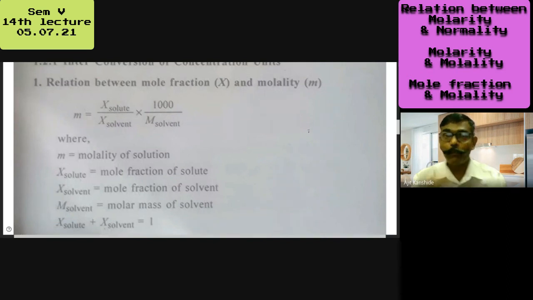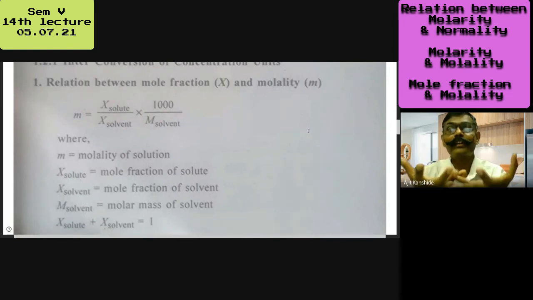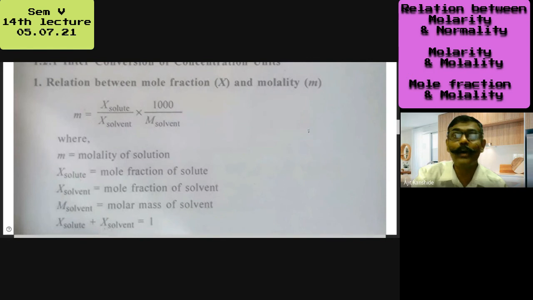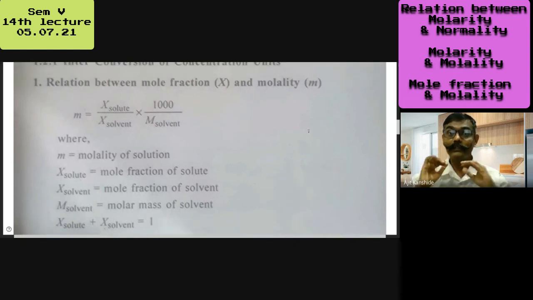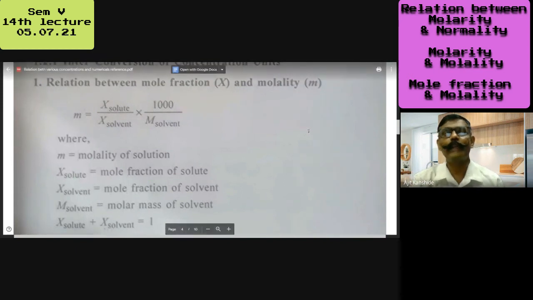If I multiply that term by its molar mass, I will get its complete mass. Two moles, three moles, into molar mass, accordingly I will get the mass of solvent. That was needed in the molality formula, mass of solvent. But in the molality formula, that mass is in terms of kg, while here molar mass is expressed in terms of gram. So I have to convert gram to kg. During that conversion, this 1000 number came. How that number came, you can work on that.